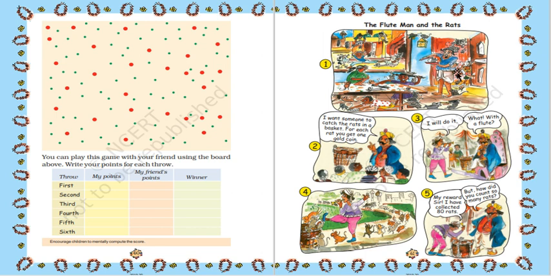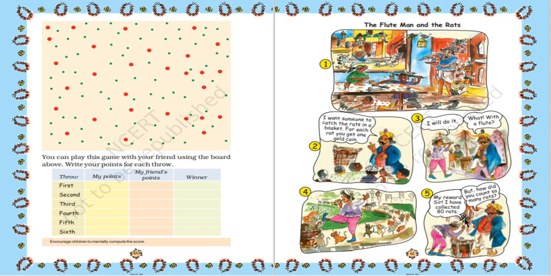This is a flute man, okay? And this is a king. I want someone to catch the rats in the basket. For each rat, you get 1 gold coin. Okay, the king is saying these things. The flute man came here and said, okay, I will do it. With a flute, yes, with the flute he does it, and all the rats go behind him. And in this way, he takes all the rats out of the city.